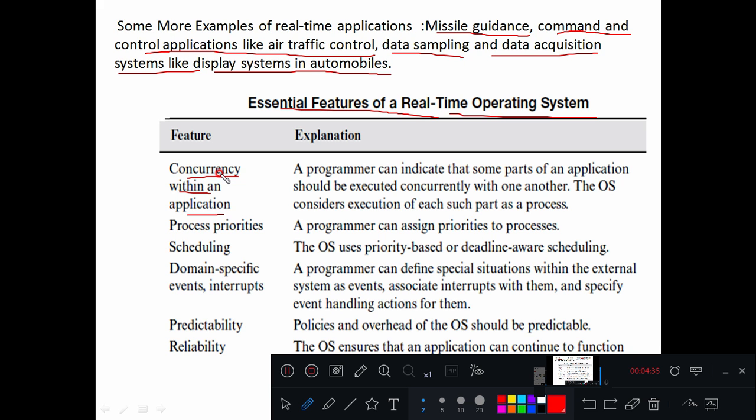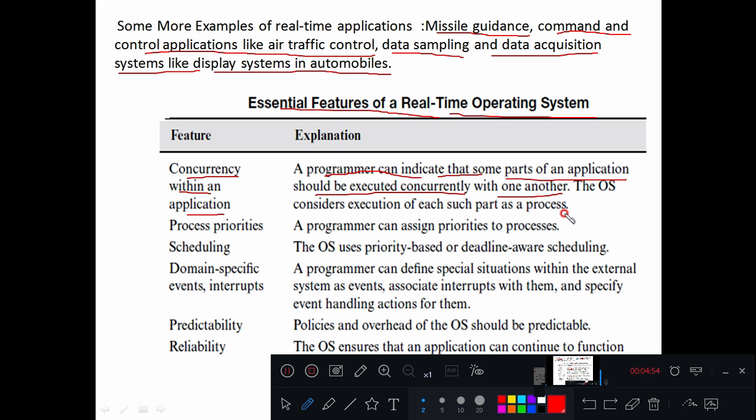Then only can I say the entire system will perform some job within a given time. So concurrency within an application means the programmer can indicate that some parts of the application should be executed concurrently with one